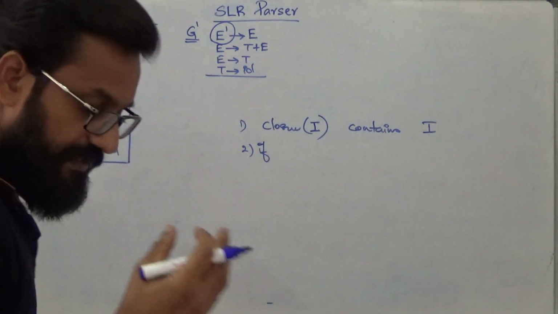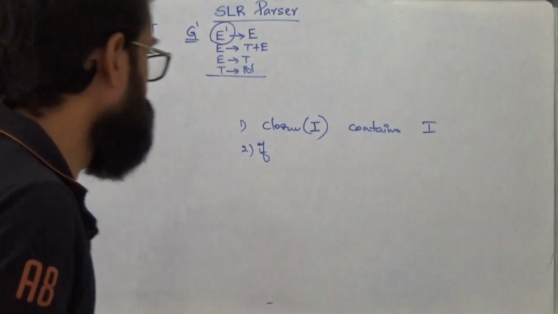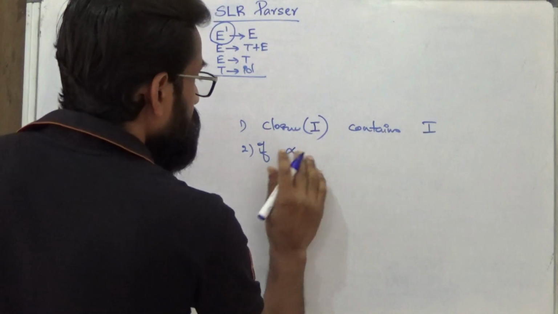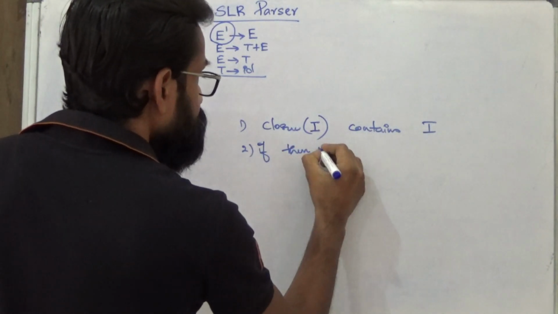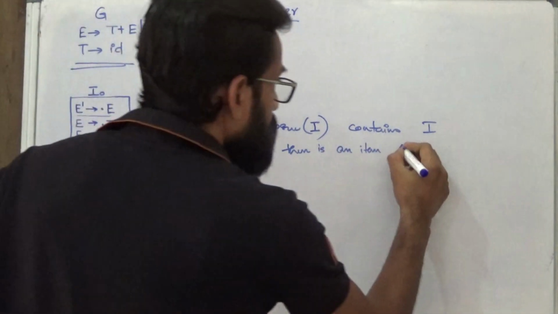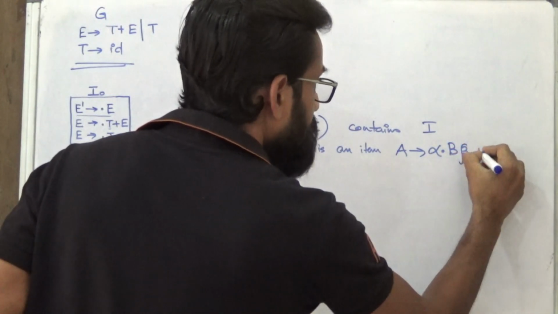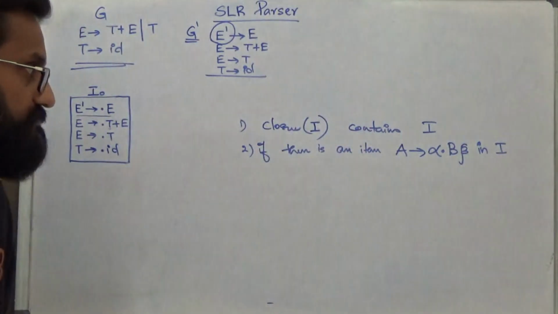Closure of any item will contain the item itself. And if there is an item A giving alpha dot B beta in the item set I,